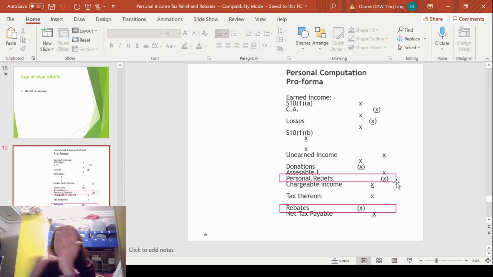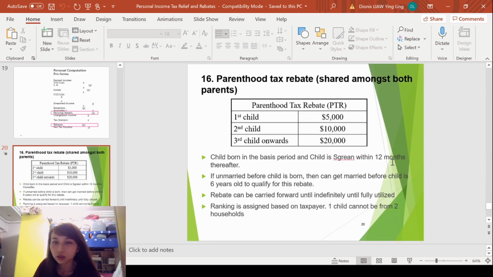After your chargeable income, you can still get rebates from the government. So what kind of rebates does the government have? For this parenthood tax rebate, when your child is born, you can start enjoying it, and your child must be Singaporean within 12 months of the birth. But if you are unmarried and your child is born, you can still enjoy this, but not in the year that your child is born. It's when you get married, and your child must be below 6 years old if you want to